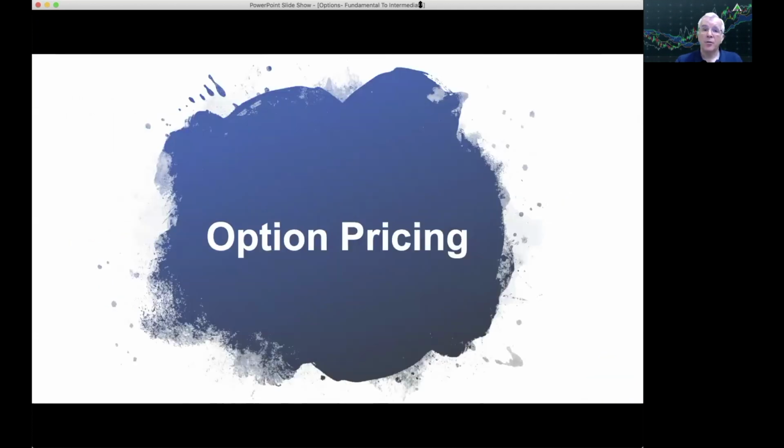So we're covering a lot of ground. What we've done so far is we've looked at who uses options, we've looked at some of the terminology, and we've looked at the payoff diagrams. What we're going to do now is we're going to look at option pricing. Now, I said earlier, we're not going to go into the deep maths of it. What I want to do at this stage is just to look at the intuitive approach to pricing up options,